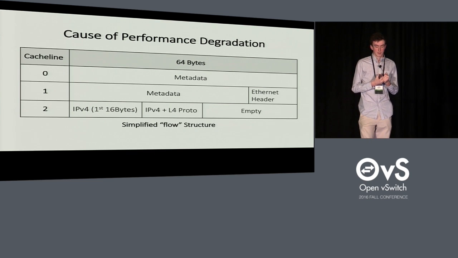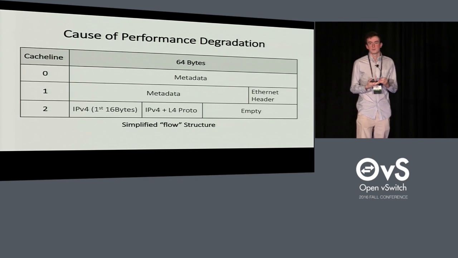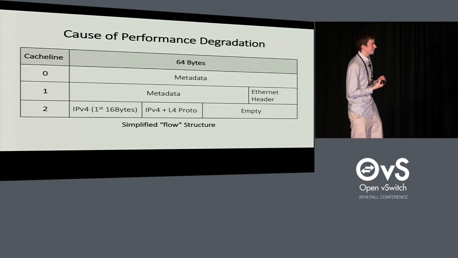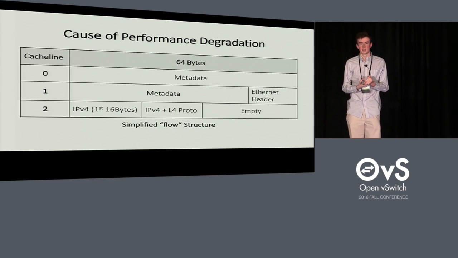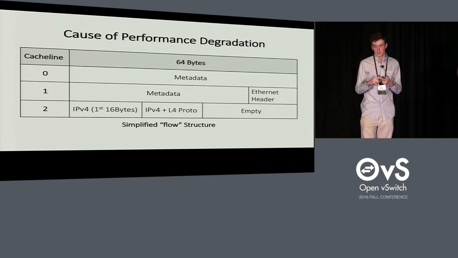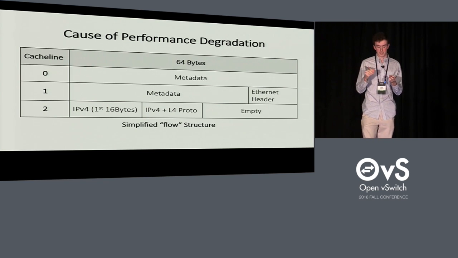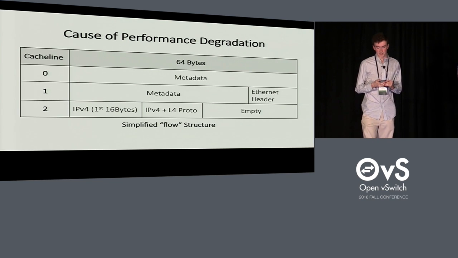If you look at this flow here, you can see the Ethernet header, IPv4 header, and layer 4 headers, which would be generated by PISCES based off the protocols defined in P4. Here you have a worst case scenario where your Ethernet header is in a separate cache line to your IPv4 header and TCP headers, and this can result in a hit in performance. If you take a table that matches on an Ethernet header and an IPv4 header, and you want to read these headers, you'll have to fetch two cache lines from the cache. So it doubles the amount of processing that you have to do